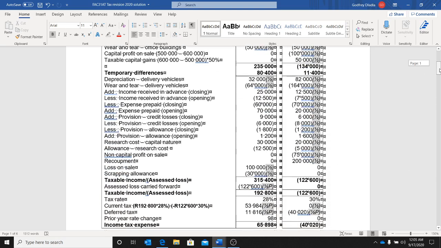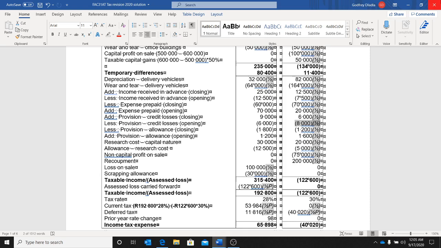2018 as closing, isn't it? Because if something is opening here, it was closing last year. Right, so it comes from 2018, but be careful of the sign, because it means it was not in a bracket in 2018. It became in a bracket in 2019. So if something is opening, the sign is different when it is closing. Okay, so now what has happened here is that the 8,000 was sitting as a positive figure in